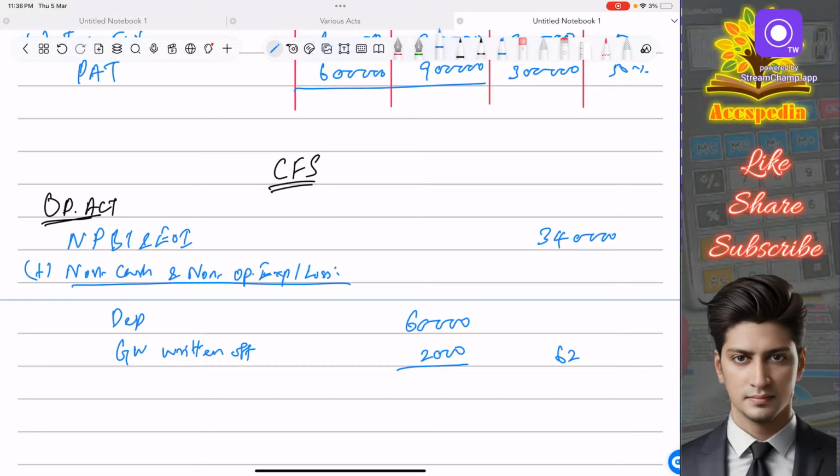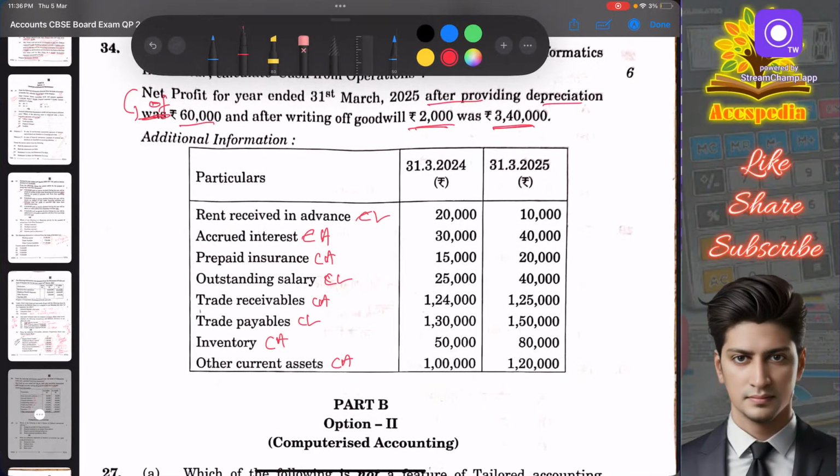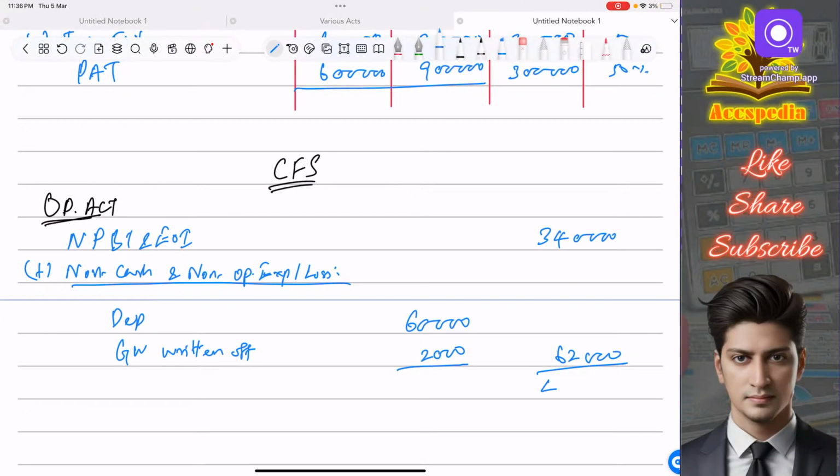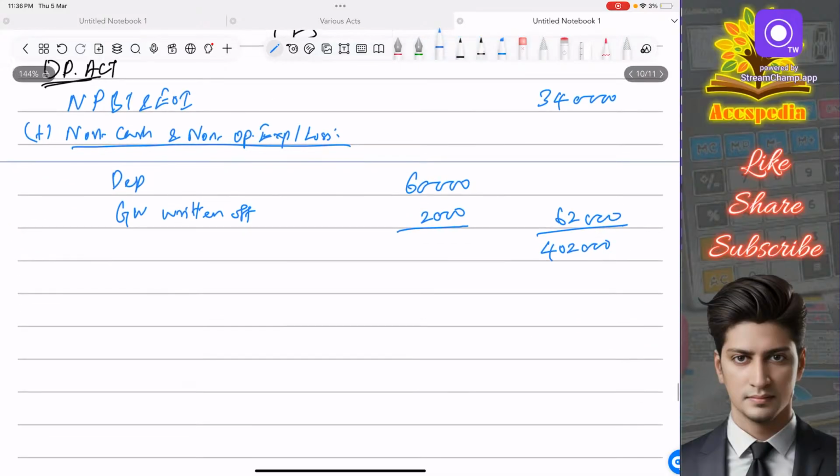There are no non-cash and non-operating incomes, so I'll ignore that heading. So 4 lakh 2,000. This is the operating profit